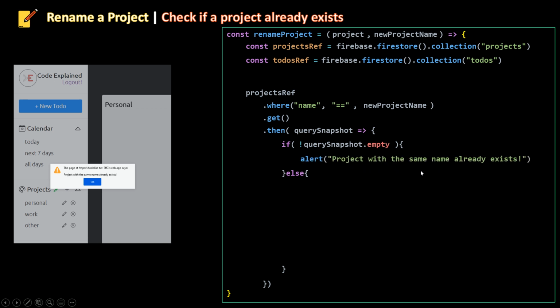name already exists. And then else, I'm just gonna go and use my reference here to my projects collection, and then I'm going to create a reference to my doc using the project.id, and then I'm going to use my update function. Here I'm going to pass in an object, and then the field I want to change is name,